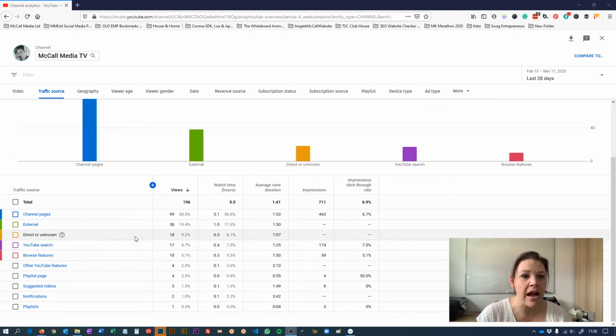What I need to do now is work on the average view and the watch time. Now, the watch time is going to be really minimal because I've got 5 videos. However, my average view duration, bearing in mind that I'm trying to keep my videos between 10 and 15 minutes, and I've done one that is longer just to see how that played out, is 1 minute and 41 seconds, which is absolute pants. It's about 15% of my video being watched.